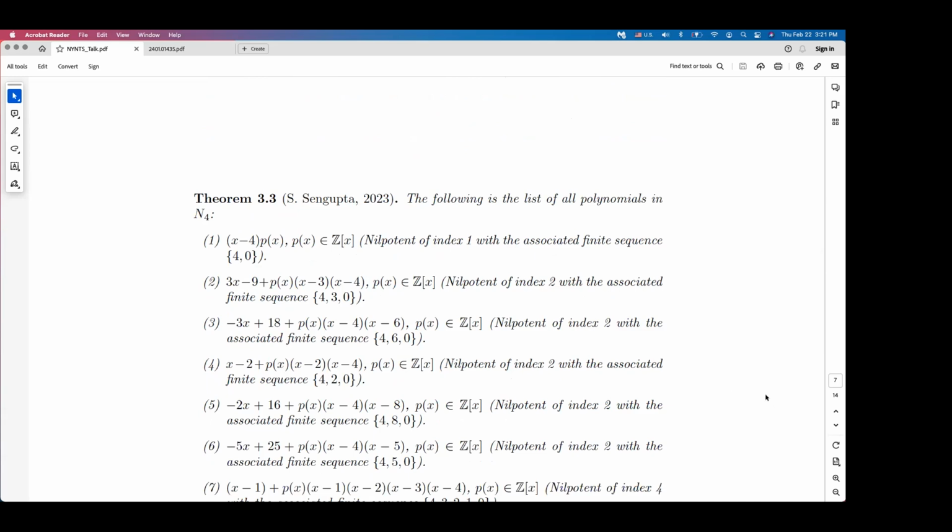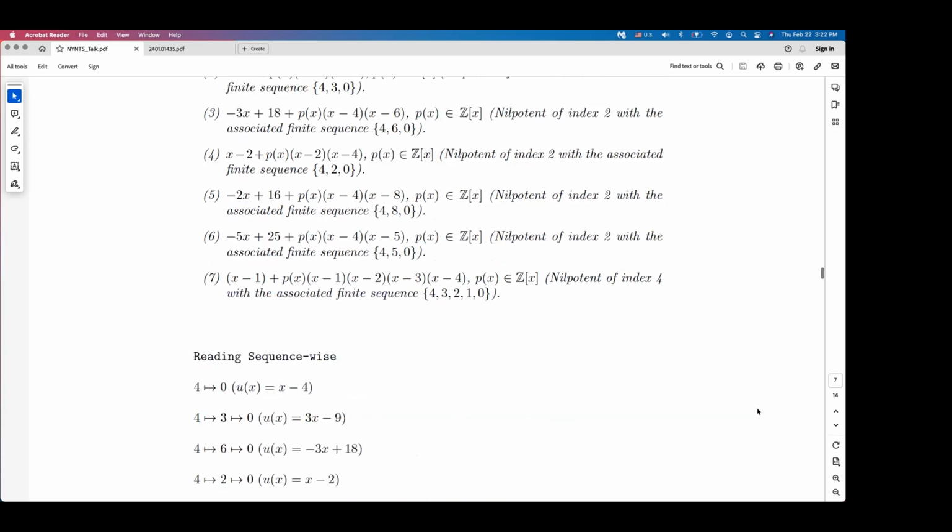First of all, the maximum index is 4. And there's exactly one way that you can travel from r to 0 with index r. And you can see this is the only one of index 4. And there is something interesting also going on here. After index 2, you will see 4 right away. There is no index 3 when you start with 4.